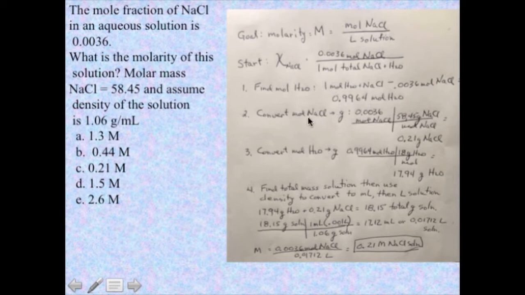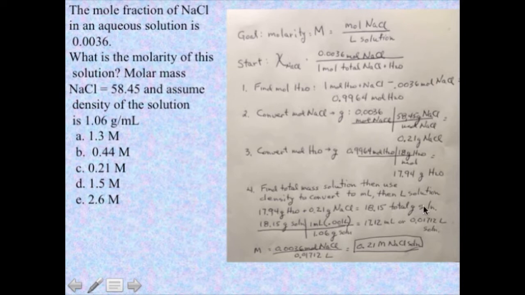Now we're going to convert the moles of NaCl into grams by multiplying by the molar mass. It's 0.21 grams of NaCl. And we're going to convert the moles of H2O into grams of H2O by multiplying by its molar mass to give us 17.94 grams of H2O. We find the total mass by adding the two masses together of water and sodium chloride, 18.15 total mass of